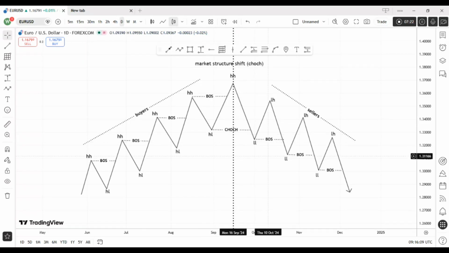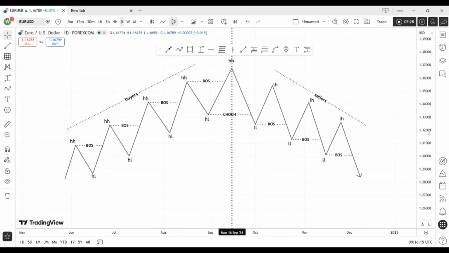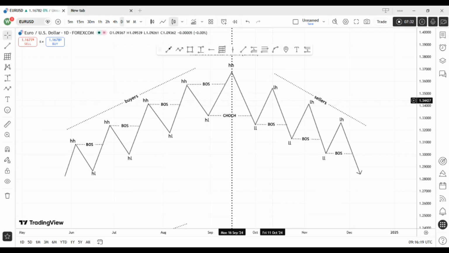Continue to go through that as we proceed. With time we shall identify how to get into sells in this market and how to take buys within this market. So this is the downtrend,